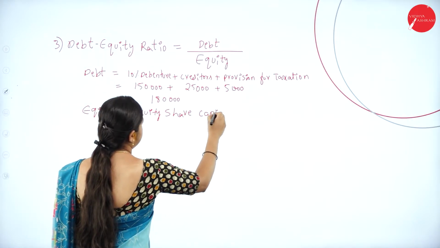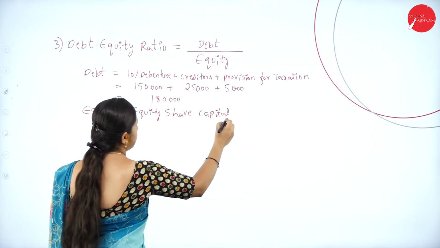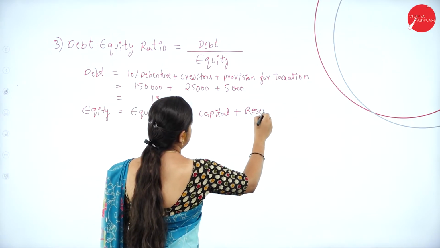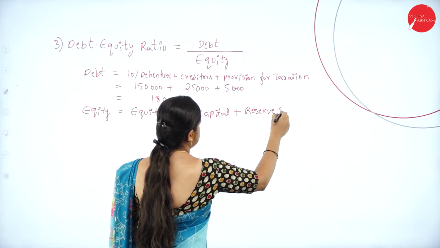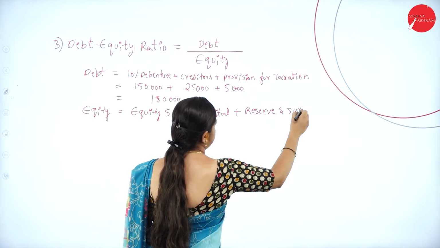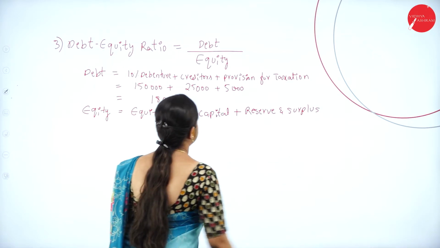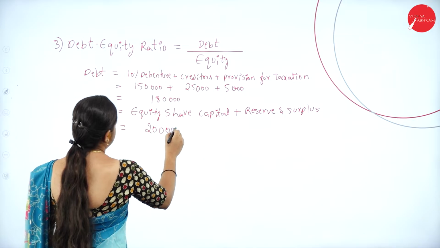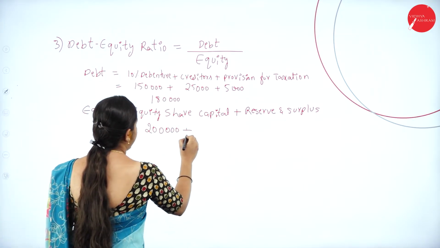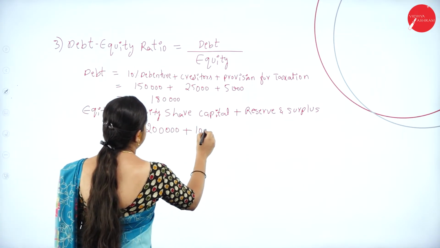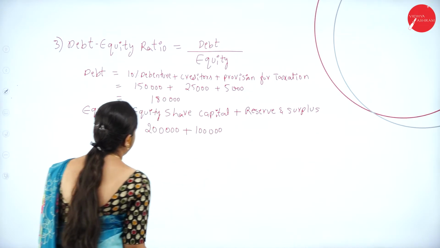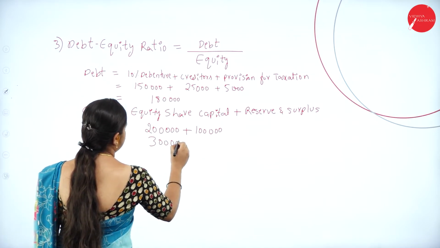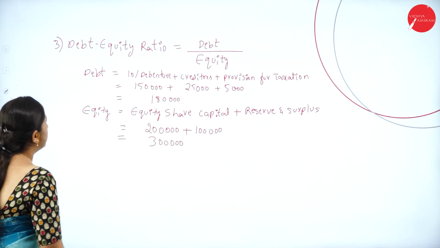Equity share capital plus reserve and surplus. Equity share capital is 2 lakh. Equity share capital 2 lakh plus reserve and surplus 1 lakh. Total equity is 3 lakh. Now we have debt